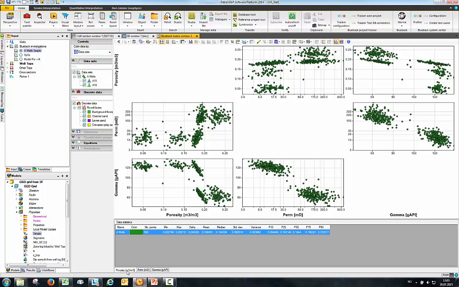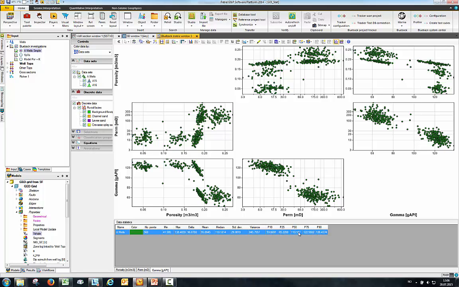So first we see porosity, then permeability, and then gamma ray. You can see here that this is a set of descriptive statistics. We have the min and the max, the delta, which is the range, and then our mean, standard deviation, our variance, and then our basic